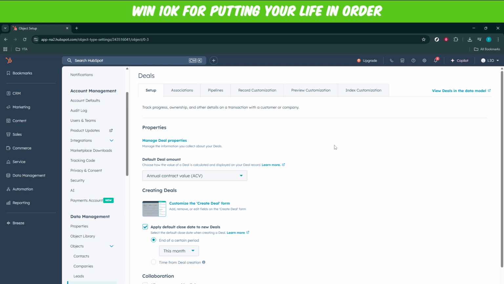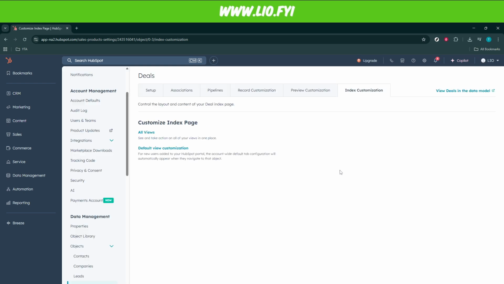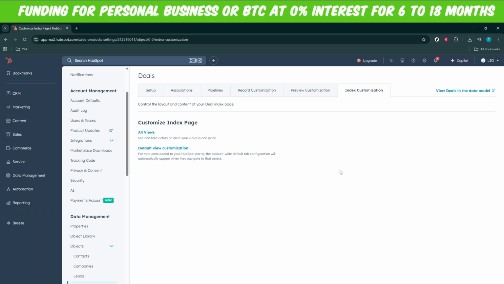And finally, to get to our ultimate destination of customizing your index, locate and click on Index Customization. This feature allows you to tailor how your deals information is displayed and organized, aligning with your unique business needs. Here, you can modify which columns appear and adjust their order, ensuring you have quick access to the information you